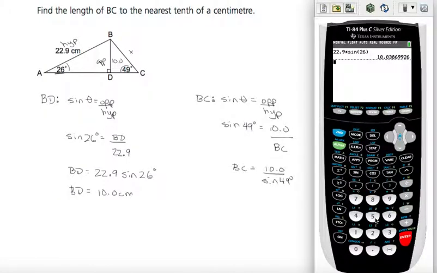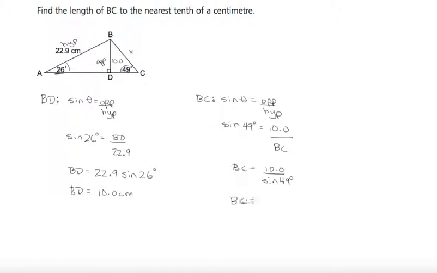So on our TI, I'm going to say 10 divided by sine of 49 degrees is equal to, and here's my answer, 13.25. I'm rounding to the nearest tenth, so that'll round up to 13.3. So BC is equal to 13.3. Make sure you have your units, centimeters,